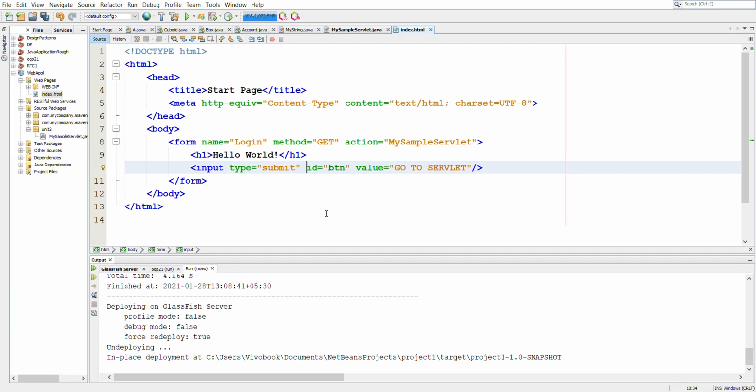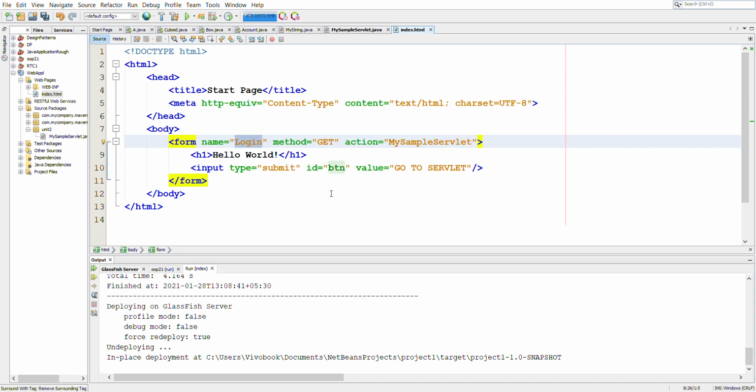In this video, we will see how to write a simple servlet for adding two numbers. So we will be posting the numbers in a form from our index.html, and then my sample servlet will read these two values which are submitted by the client and will add these two values and display it in the browser. Basically it will add the two numbers on the server, and then it will return the HTML response which contains the sum of these two numbers.